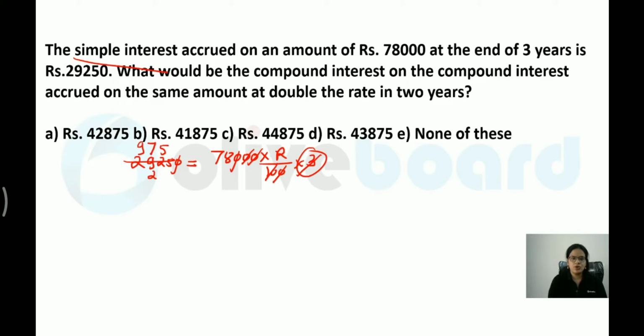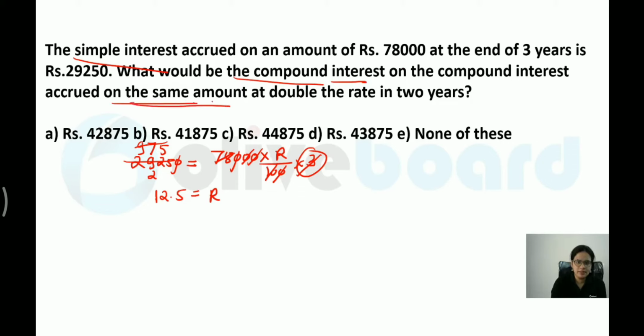Okay. So after you calculate this, you can check what value you are getting. So simply divide this by the value. So 78 ones are 78. Okay, directly let me divide it. Then you will be left with the part. Yes, you can check the remaining part. I think 78 twos will come and 5. Right. So our value would be 12.5. You can check the calculation. 12.5 would be the R value. So what is your question? What would be the compound interest on the same amount over here?